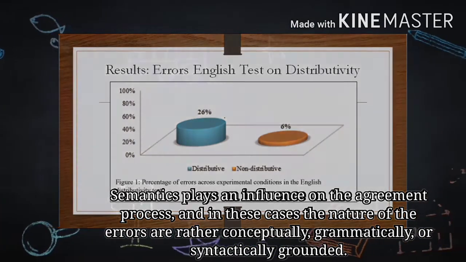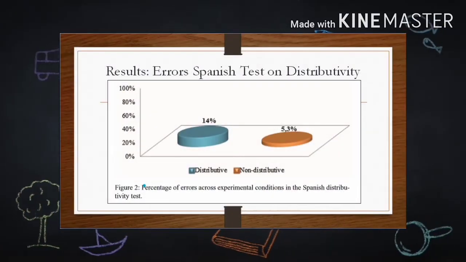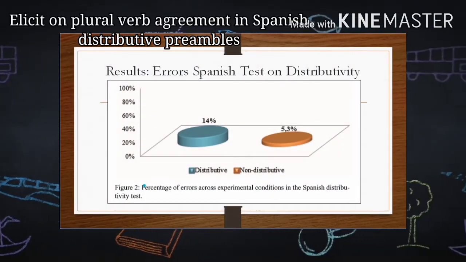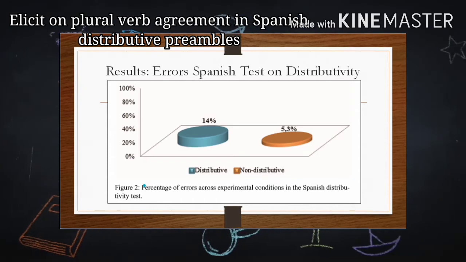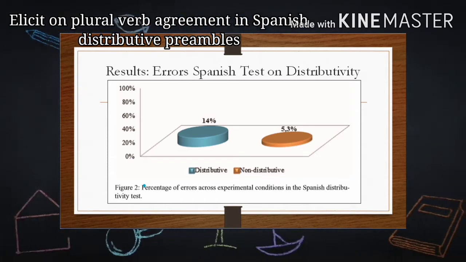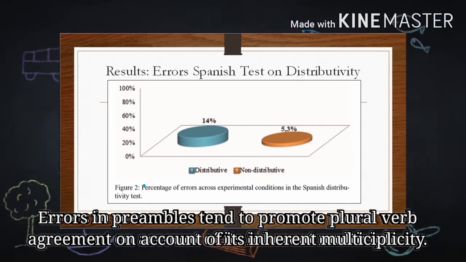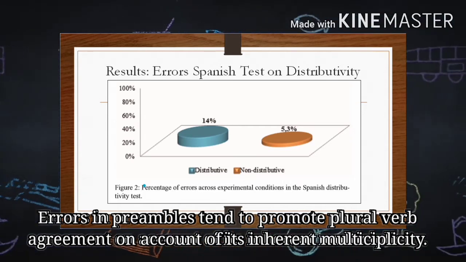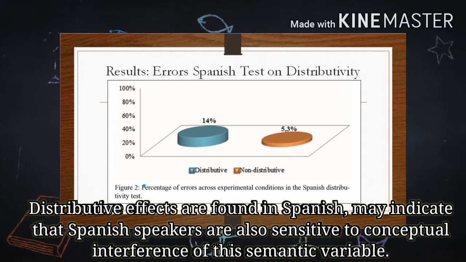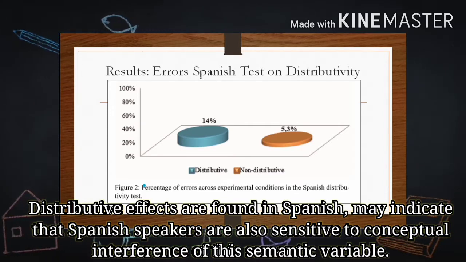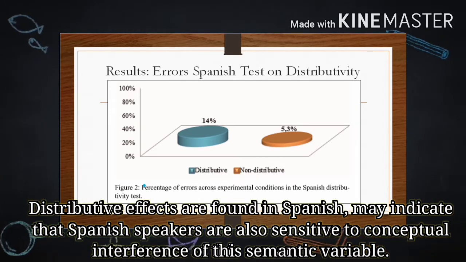grammatically, or syntactically grounded. Second, there exists a tendency in Spanish distributive preambles to also elicit plural verb agreement. Errors in preambles tend to promote plural verb agreement on account of its inherent multiplicity. Overall, distributive effects are found in Spanish, which may indicate that Spanish speakers are also sensitive to conceptual interference of